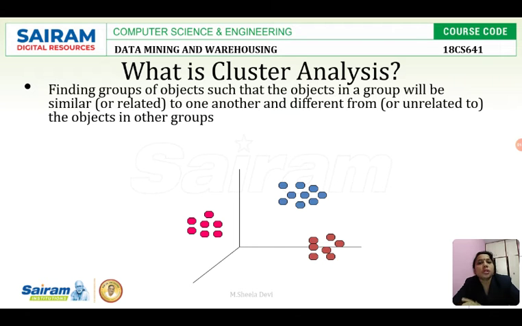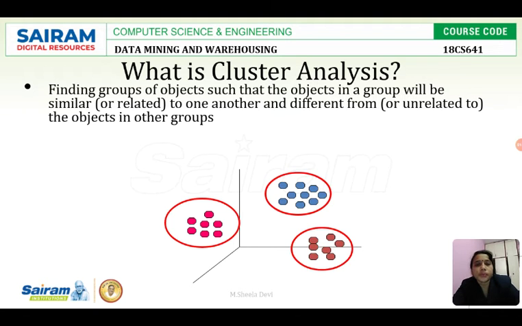We are going to differentiate the objects by its similarities. The objects which are similar will be in one group. The objects which are not similar with this group will be in the other group. This is cluster analysis. If you can see this diagram, the objects whichever are similar are represented with the pink color, and they have formed a cluster. And these objects are having similar properties, so they have formed another cluster. If you take this, these objects are having similar property and they have created a new cluster.